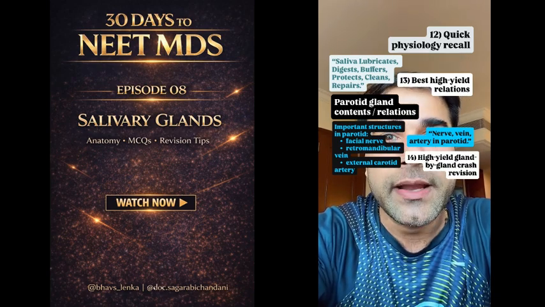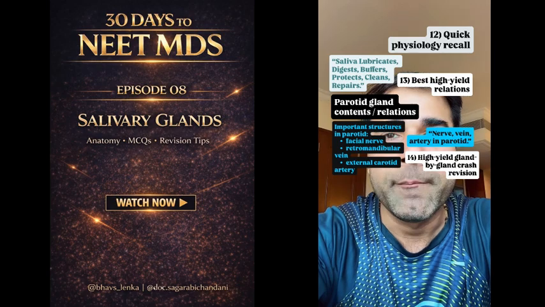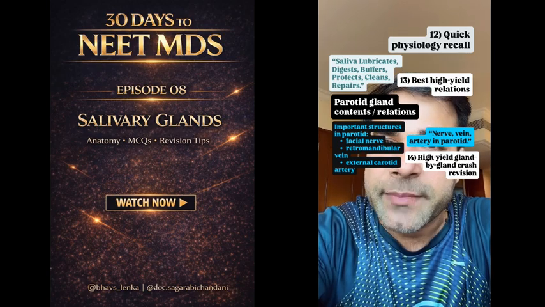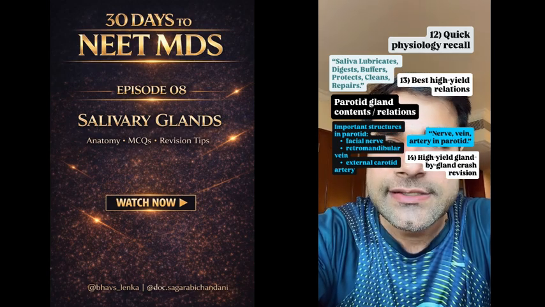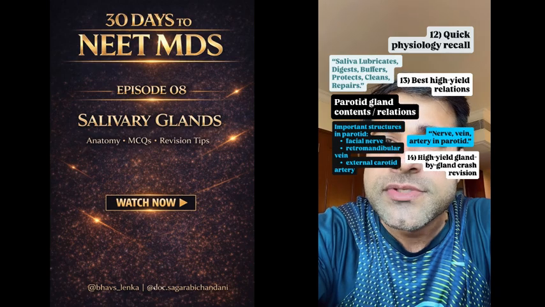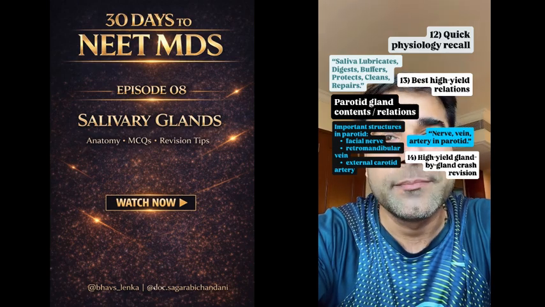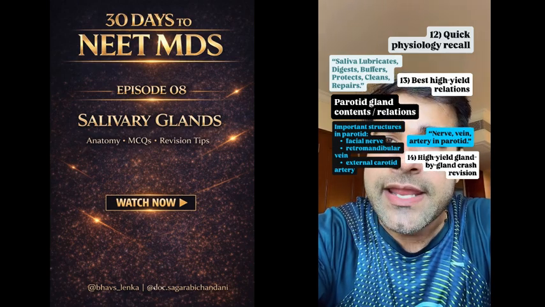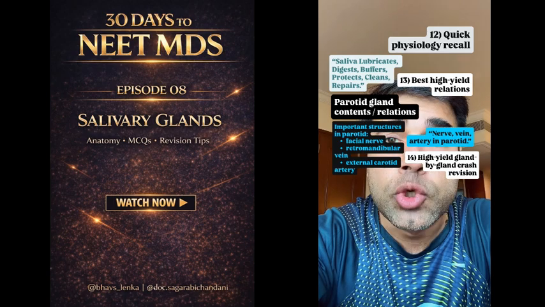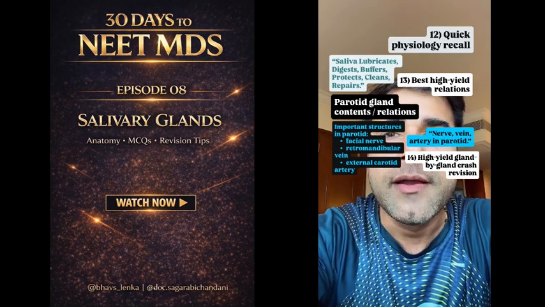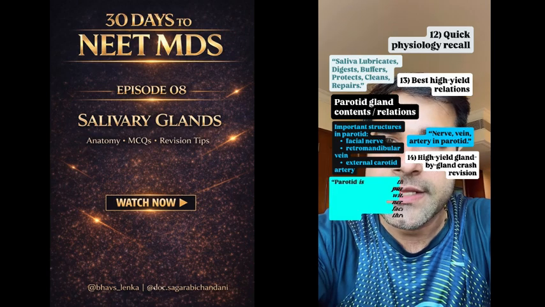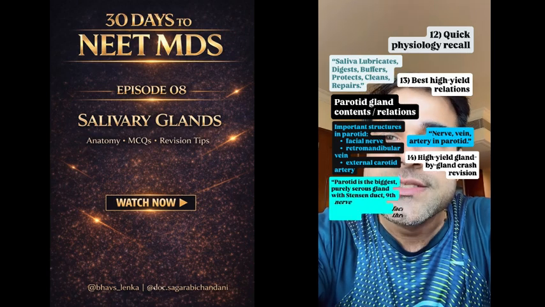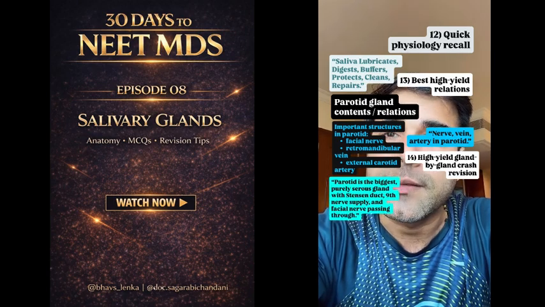High yield gland by gland crash revision. Parotid: largest major salivary gland, purely serous, Stenson's duct opens opposite the upper second molar. Parasympathetic, cranial nerve number 9. Facial nerve passes through. Most tumors occur here. Mumps classically affects it. Memory sentence: parotid is the biggest, purely serous gland with Stenson's duct, 9th nerve supply and